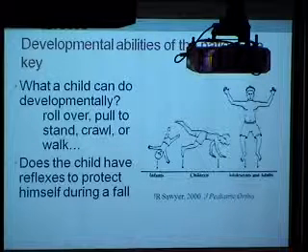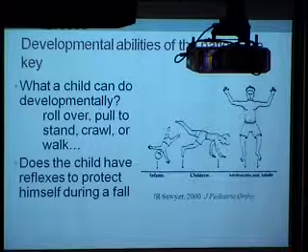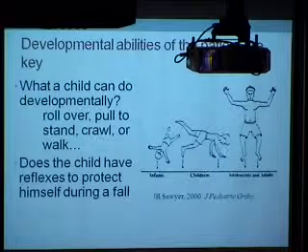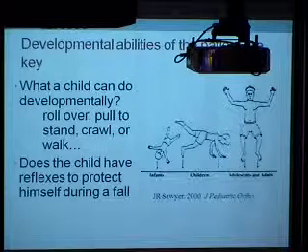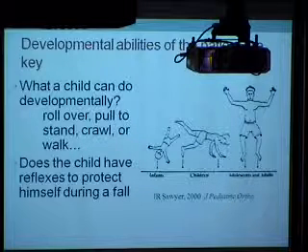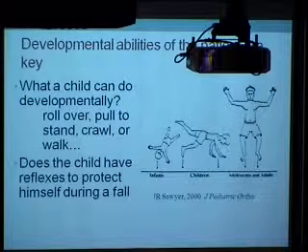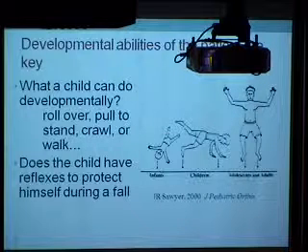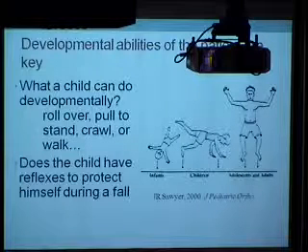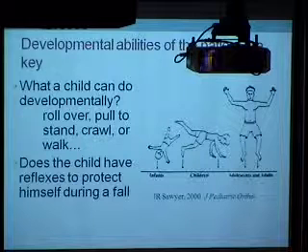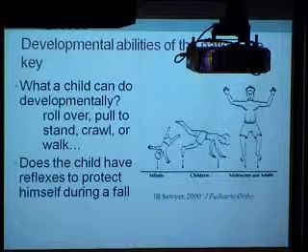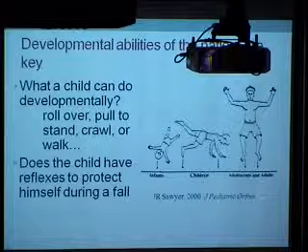And a little bit about development, obviously. What can the child actually do, and does that make sense with what the story is? And does the child have reflexes to protect himself during a fall or not? And Rich, I know, has shown this picture before, where the infants sort of lead with their head. That explains the 3 or 4 skull fractures we've seen of infants about 4 weeks of age who happen to be in their bouncy seat and fall off, you name it, the counter, the ottoman, the coffee table. They have no reflexes to try to protect themselves, and they hit with their head, as opposed to children who sustain more long bone fractures when they fall.